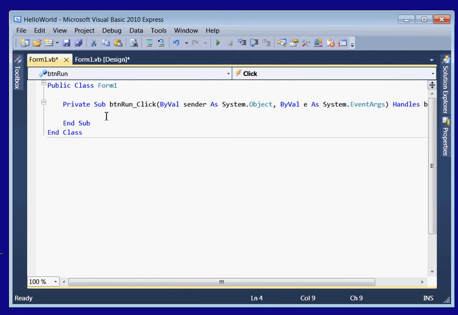Visual Basic is pretty event driven, so what that means is when this button, that we named btnRun, is clicked, whatever is inside this is going to be executed. The code will be run. So we're going to put the name of our list box,